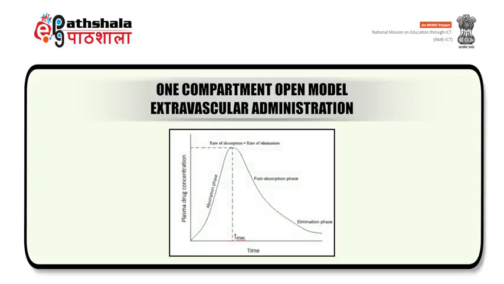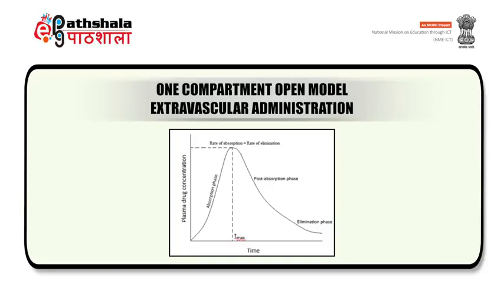The figure depicts the typical plasma concentration time profile of a single dose of a drug administered by extravascular route, which shows here the absorption and the elimination phase. The initial curve prior to the maxima shows the absorption phase followed by a post-absorption phase. The post-absorption phase is also being referred to as the elimination phase, and the peak drug concentration is being referred to as Cmax and the corresponding time interval as Tmax.